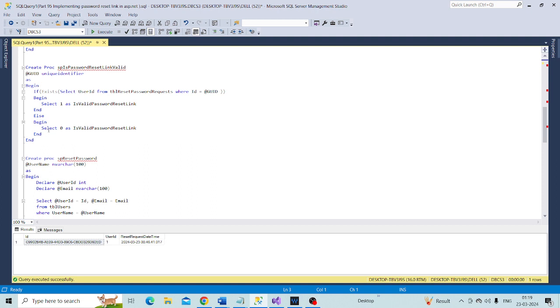If I pass this in here, meaning I copy this unique identifier and paste it here within the commas, and if I execute it,